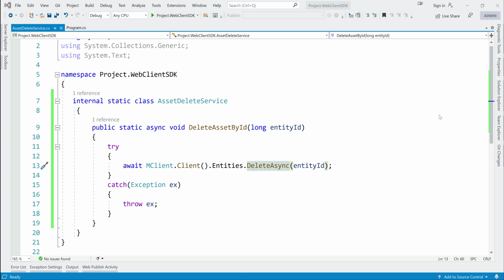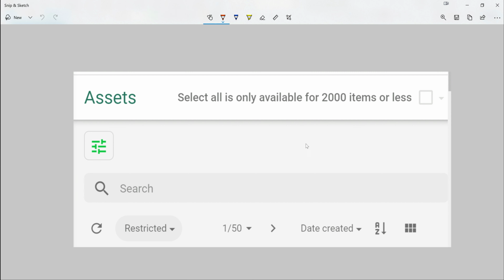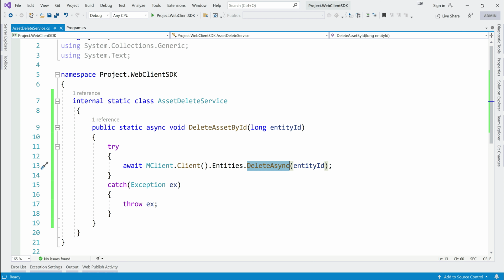Also, if you are deleting below 2000, that creates a mass edit job. I mean, the job is also an extra piece there. But when you are doing it from the code, it is equivalent to doing it from the asset detail page. There won't be any job because you are directly hitting from the detail page, and we know what asset is to be deleted. So there won't be any job created. It's much simpler this way, and this logic has been a savior for me a lot of times when I was working on migration and a lot of cleanup needed to be done. So simple logic, but very powerful when compared to UI.